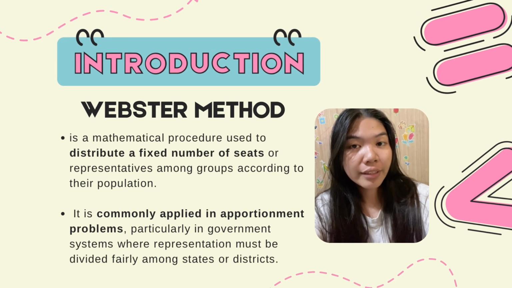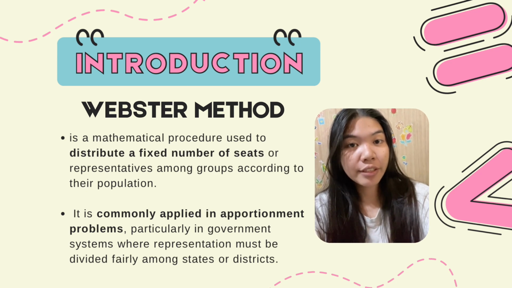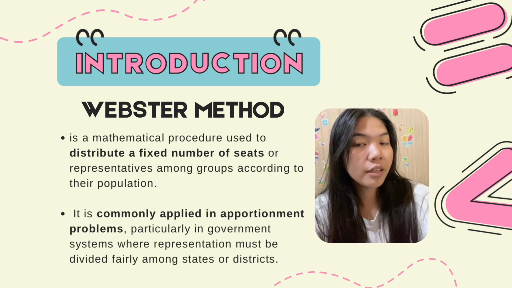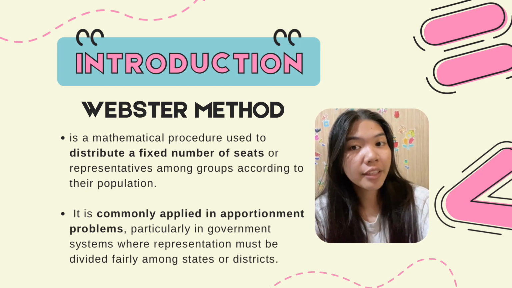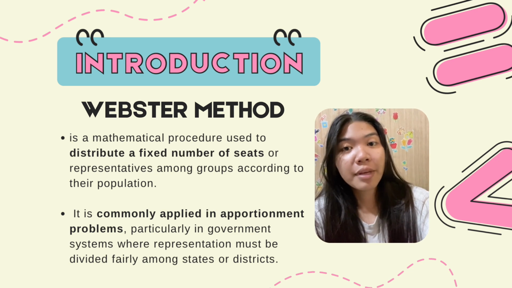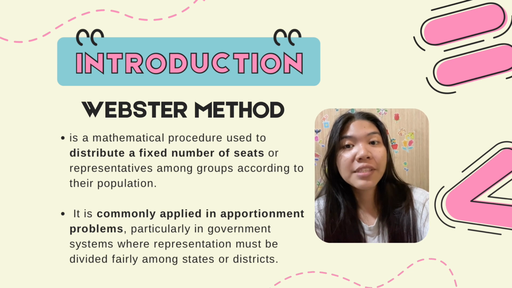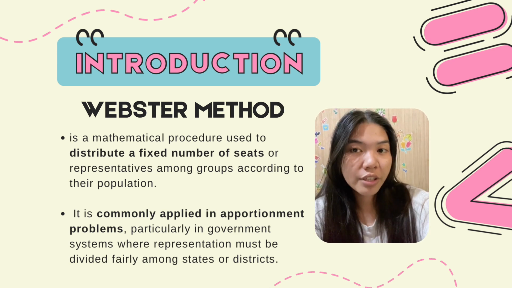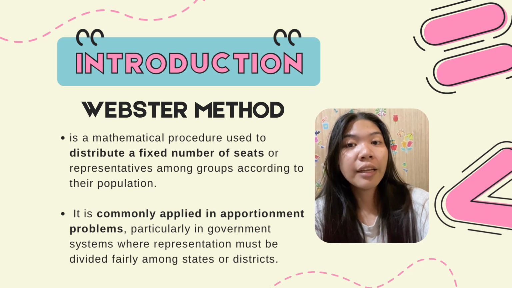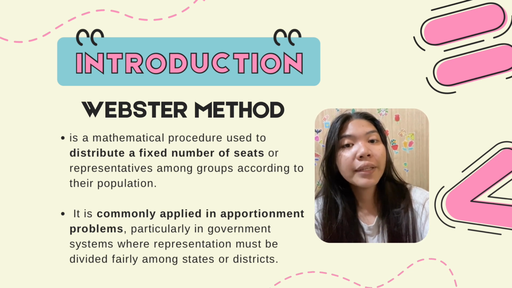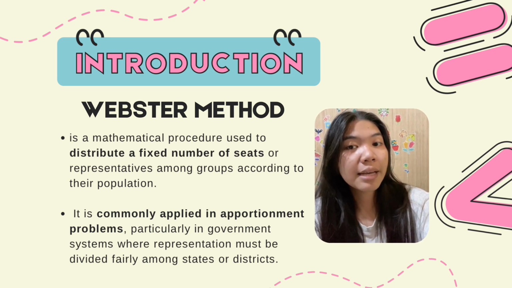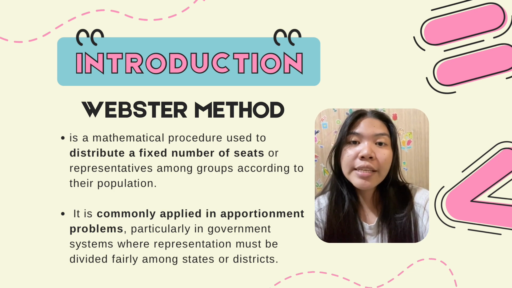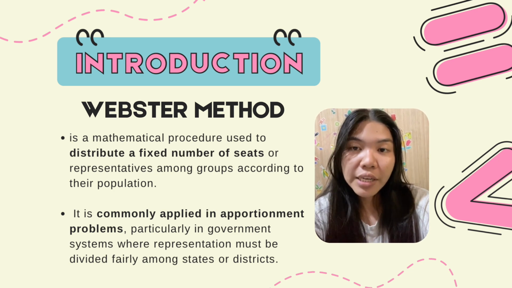Good day, everyone. Today, I'll be discussing the introduction to the Webster method. So, what is Webster method? Webster method is a mathematical procedure used to distribute a fixed number of seats of representatives among groups according to their population. It is commonly applied in apportionment problems, particularly in government systems where representation must be divided fairly among